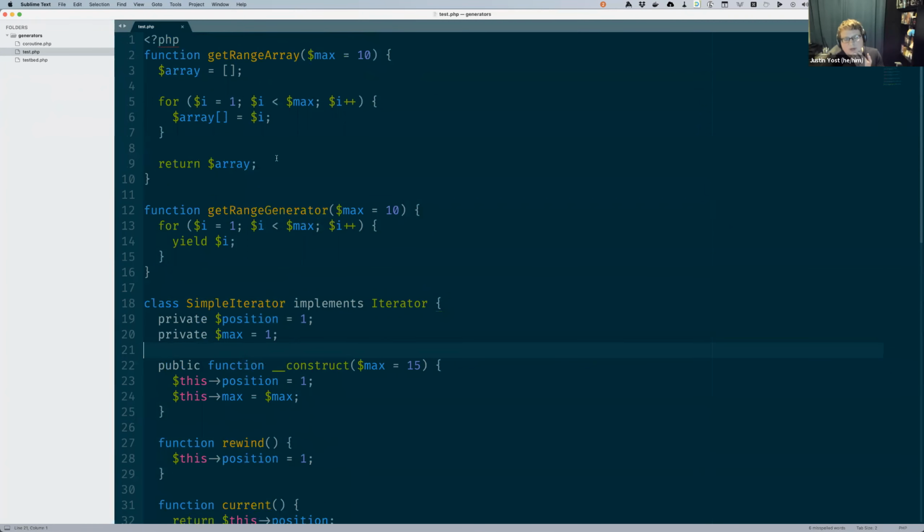Yeah, I mean, you're kind of avoiding the principle, right? Because the point of the yield is that you're not having the memory overhead. So if you want to assign it to something, you're creating the memory overhead. And if you want to manipulate this or do something with it, the iterator is kind of the more complex version of that, and really the right tool for that sort of job, right? The generator is really like